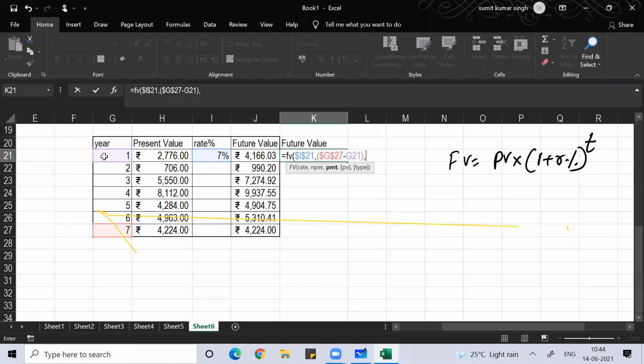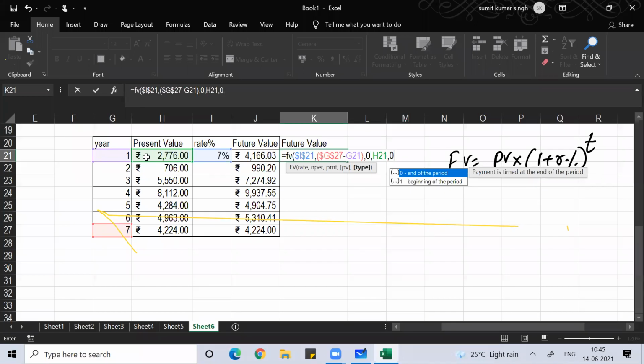You have studied this in fourth semester BCom, BBA financial management, or MBA second semester financial management. If you have not studied it, you will study it very soon, so don't worry on that part. PMT means annuity. Here there is no PMT, no amount which is fixed, which we are paying or receiving every month. Here the amounts are different. Comma, type, then PV means your present value. This is your present value. Type 0.